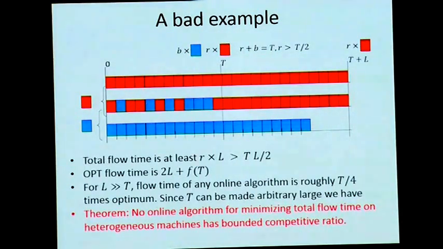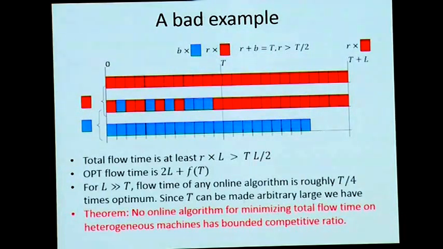And now, what you can check very easily is that the optimum flow time will be something like L plus some function of t. Why would it be L? Because here, for this long, we are thinking of L as much, much larger than t. So for each of these times, I will incur 1 unit of flow time or 2 units of flow time. So it will be 2 times L plus a function of t, some t cube or some such thing, which I'm not computing.